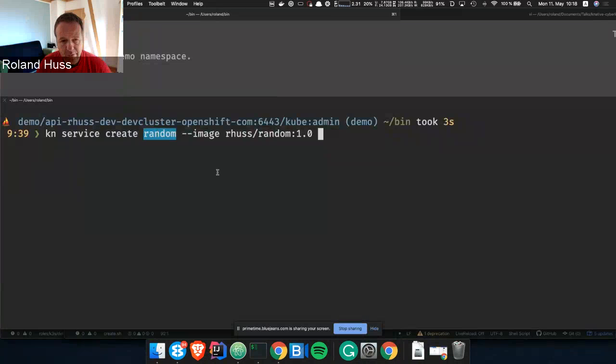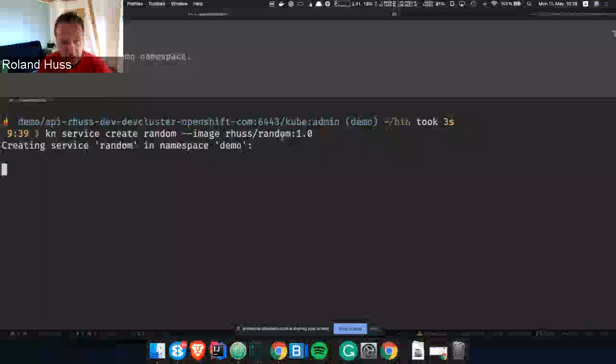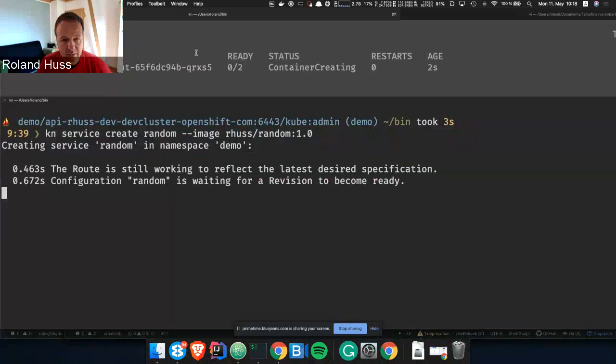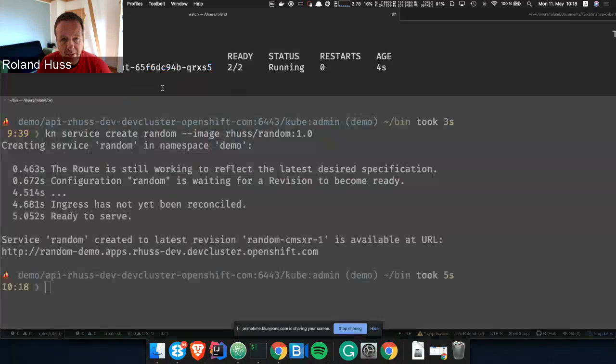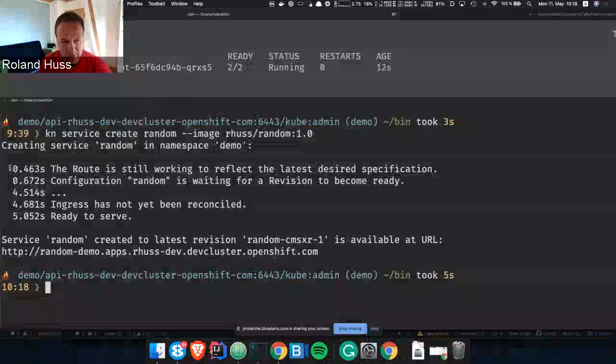So you give it a name. It's called random here, and the only mandatory option you have to provide is the pointer to the container image. I'm using a REST service which I called random, a very simple REST service based on Quarkus, which just returns a random number. Okay, let's do that. In the top, you will see that a pod is created for you. This is your application. The first time you deploy a Knative service, the pod is directly created for you. And here you see it is also going synchronously. And at the end, you get the